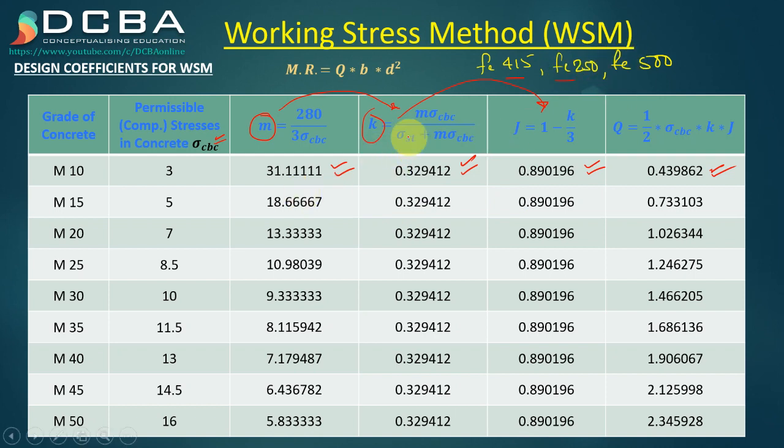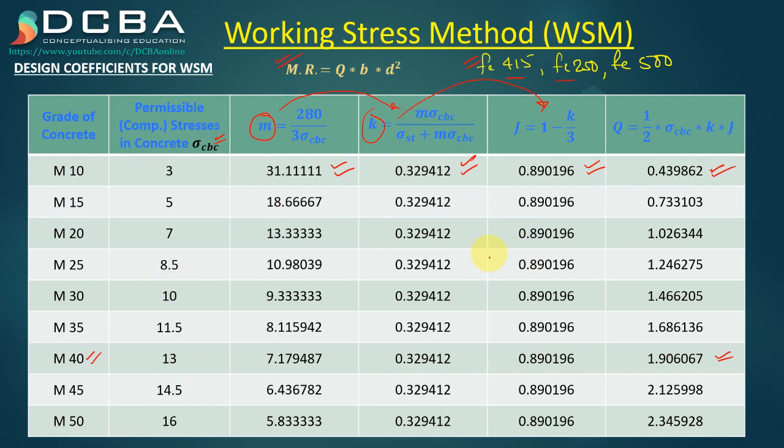So what is the use of this design table? See, it is highly useful. Let's say you are a designer that I have hired, and I want you to design a section using the working stress method. I say that I want to use M40 as my concrete and Fe415 as my steel. Immediately you will see what is the Q for that. Put Q in this. That's it. You get the moment of resistance. In not even half a minute, you found the moment of resistance, and you saved all those calculations. So this is the use of this design chart.